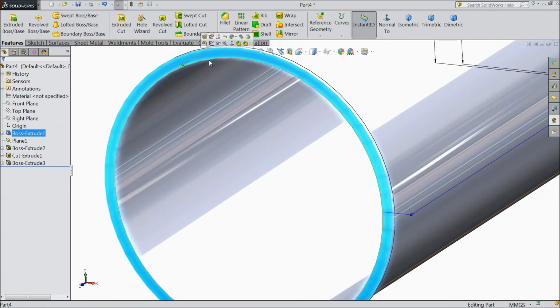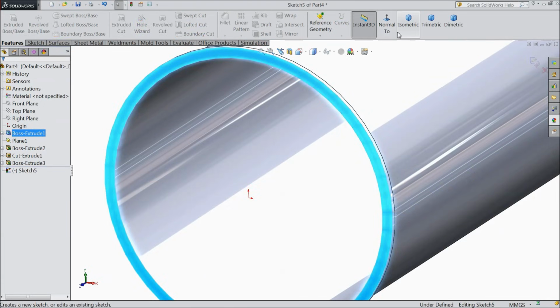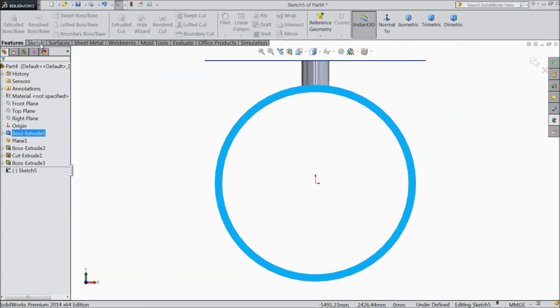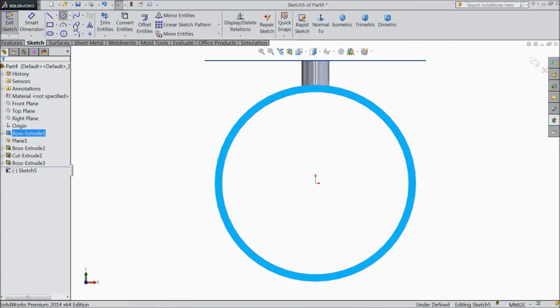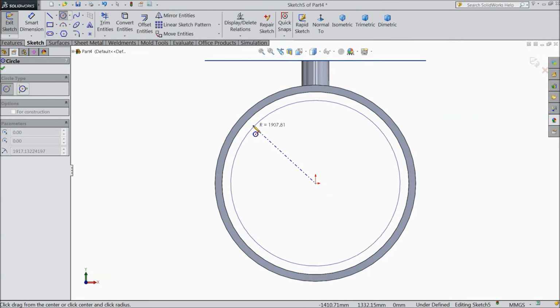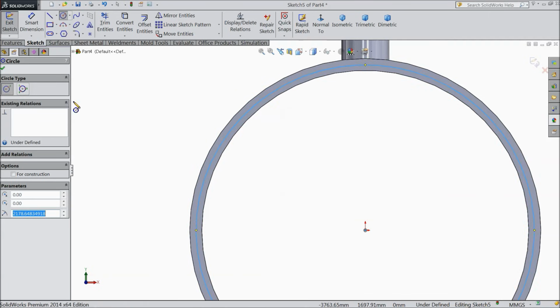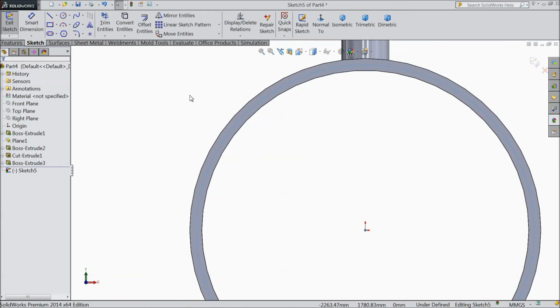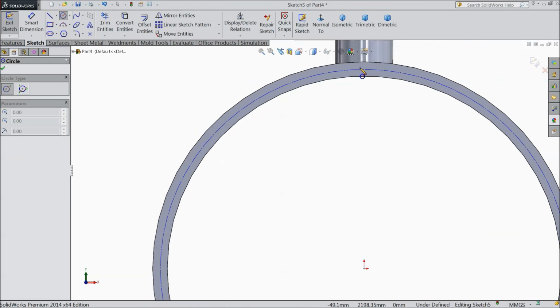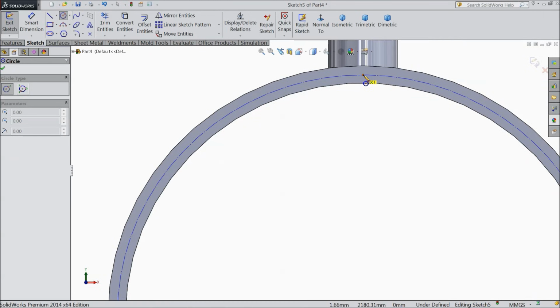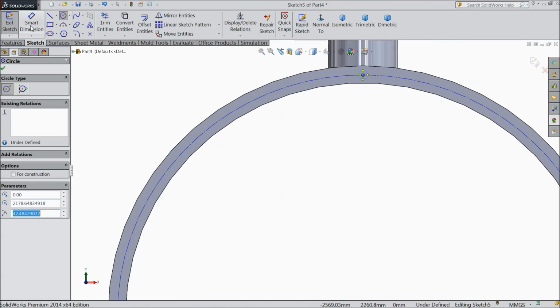Now select this face, sketch normal. First draw a circle and select it for construction. Okay. Now select one more circle and draw a circle at the center point.